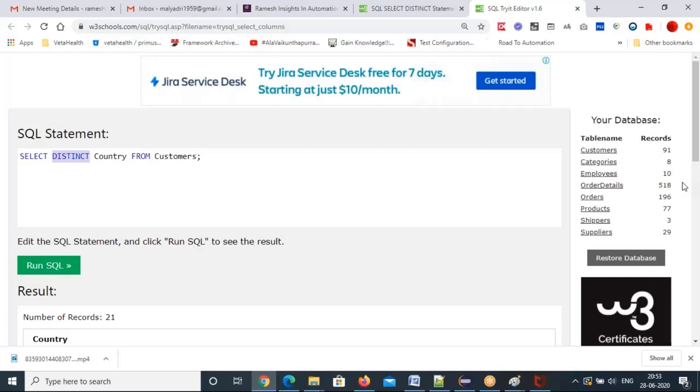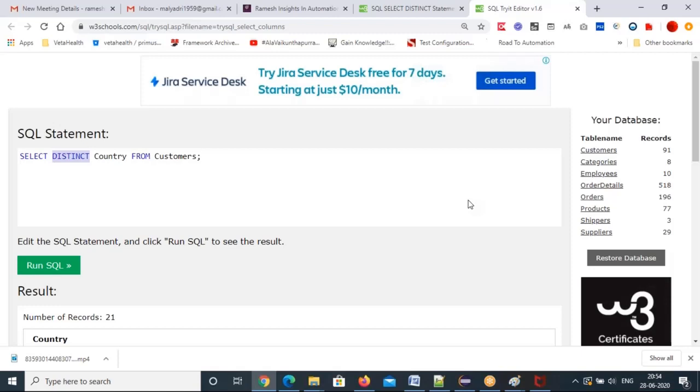Okay. So I'll just summarize what we discussed. I discussed what SQL is. SQL is a Structured Query Language, which is used mainly to interact with databases. It's a database programming language, to interact with relational database systems.